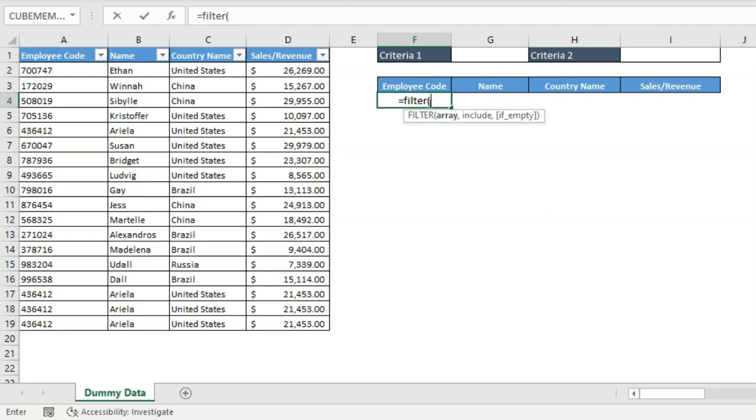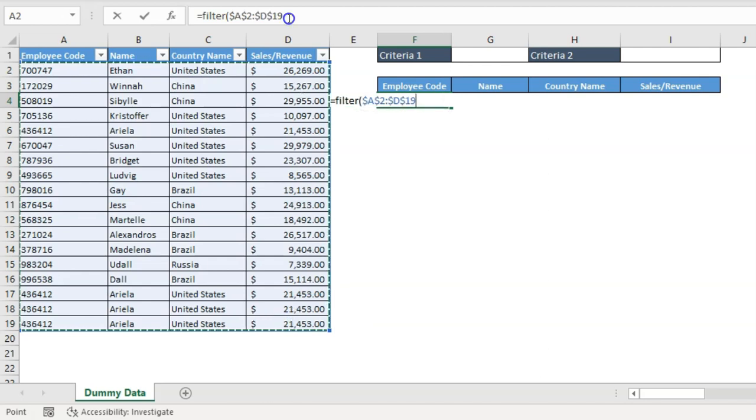Now once you type the FILTER function, it is going to ask you for three arguments. One is array. Array means that you need to select the data range which you want to pull on your destination sheet or destination range. So here I can see my destination data set and all the four headers, so I will be pulling all four columns here. If you want to pull only two or three columns, it totally depends on your requirement. Now let me select this data range and press F4.